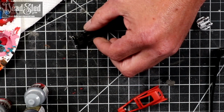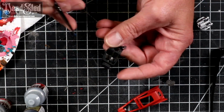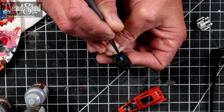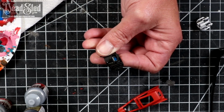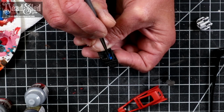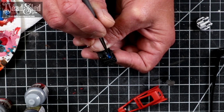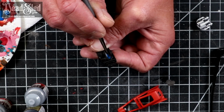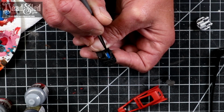So the detail painting, again, personal choice. Everybody has their own way of doing things. I've been using some of the Games Workshop's Vallejo combination of colors. I just wanted something that was going to stand out. The Go Mango is kind of an orangey red color, and I wanted something that was just a complete in your face,